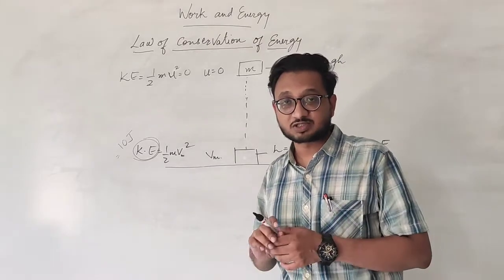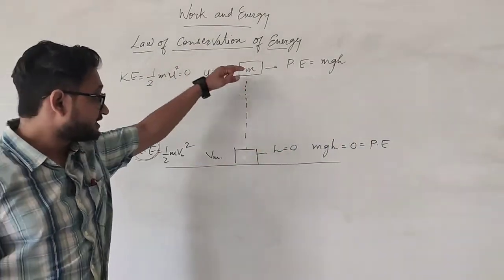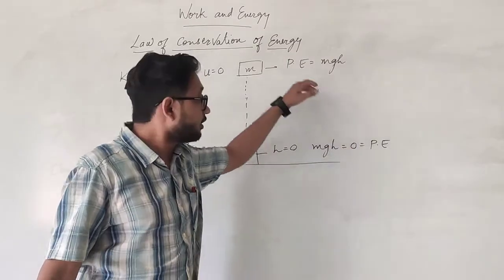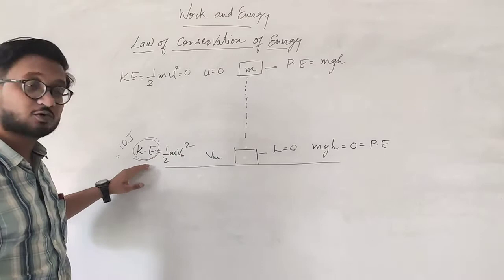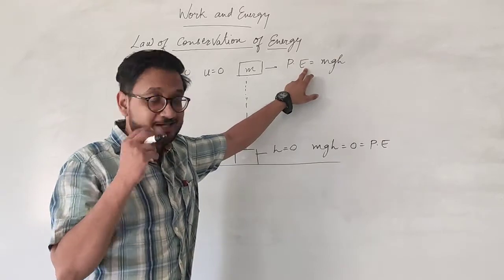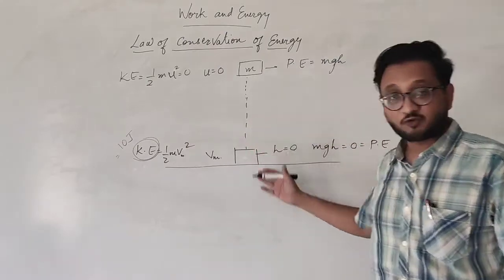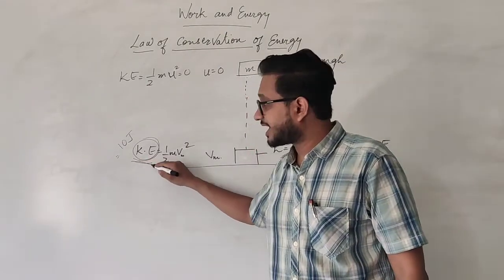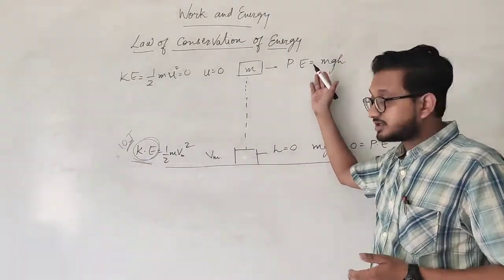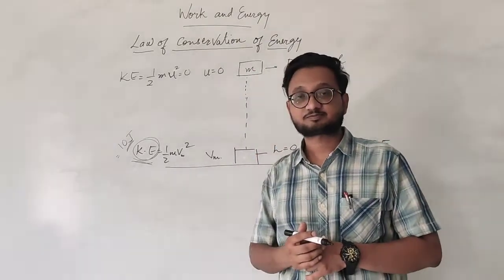I repeat my words once again. When we started, let's say its potential energy is 10 joules. But when it is falling down, its height becomes 0, so its potential energy will be 0 joules. But all of that potential energy is converted into kinetic energy. So when the height was, let's say, h meters, its potential energy was 10 joules. After some time, when it is falling and just touching the ground, its maximum kinetic energy will also be 10 joules, which means that all of the potential energy has been converted into kinetic energy of this moving object.